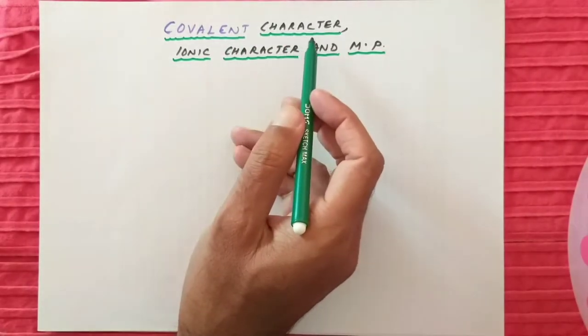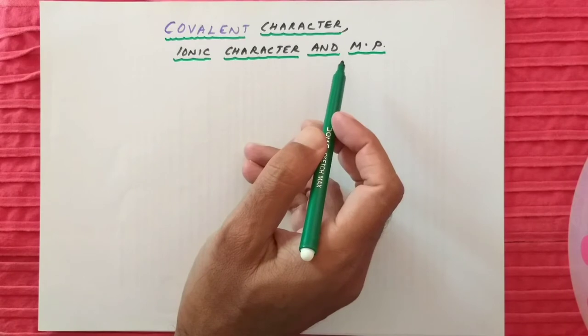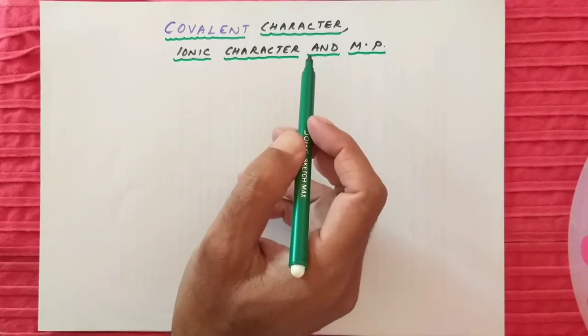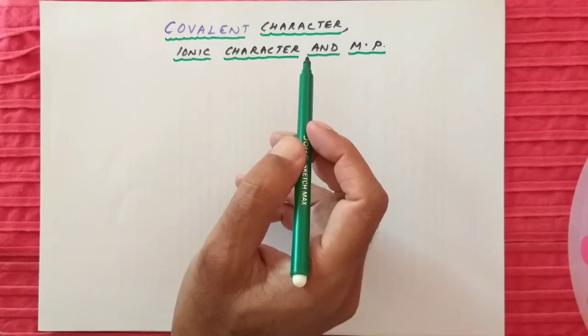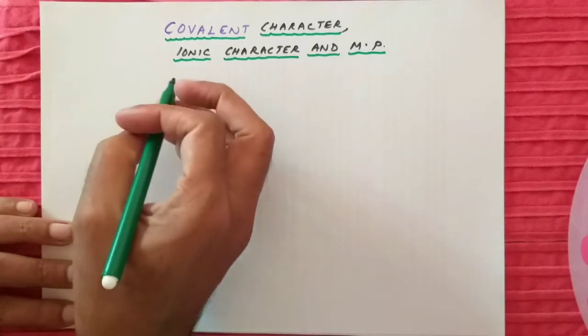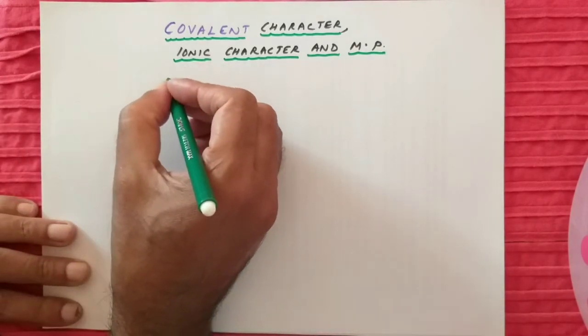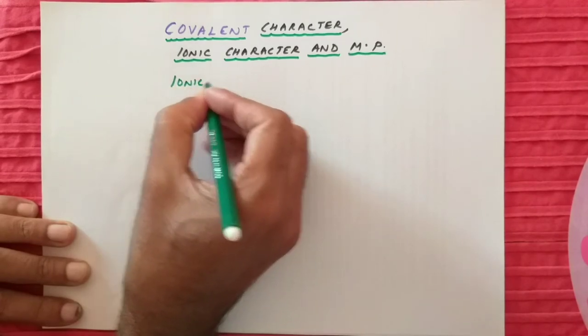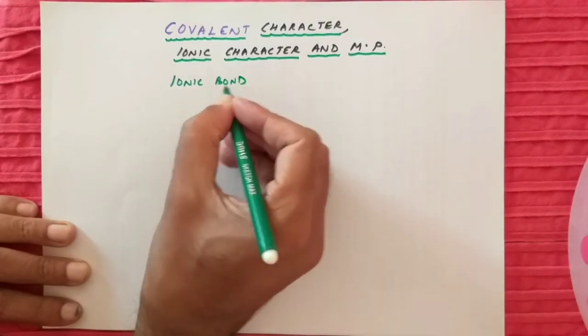In this video, I will discuss covalent character, ionic character and melting point. It will be common for both the chemical bonding topic and the S block elements. So generally, when we take an ionic bond,